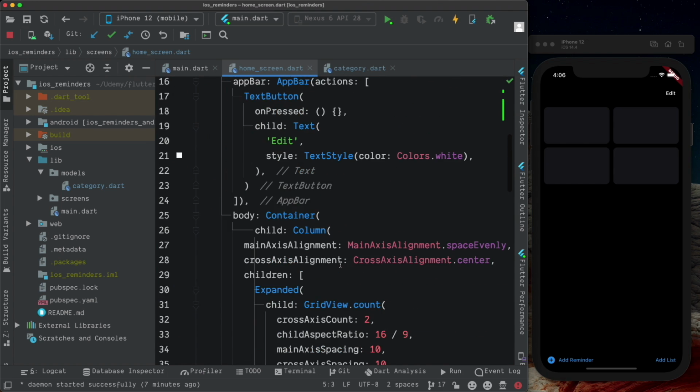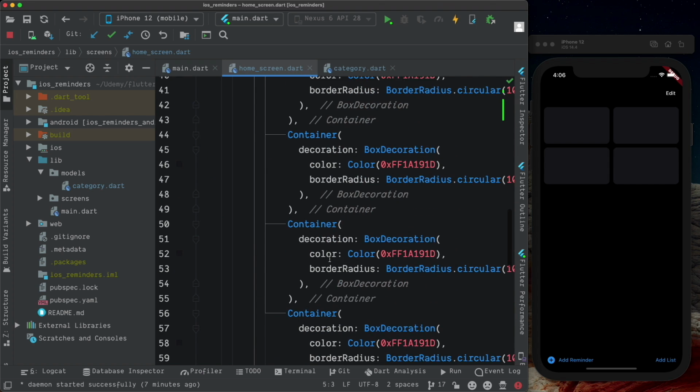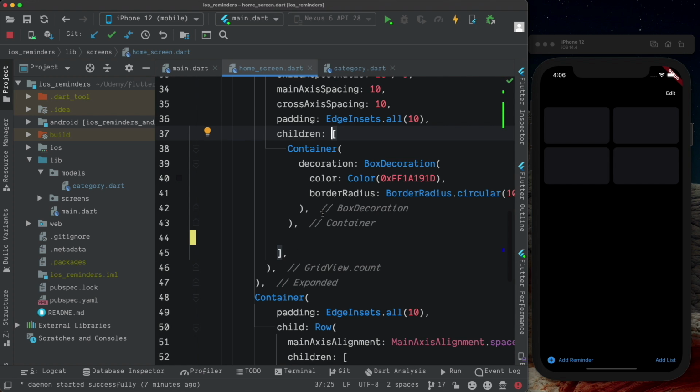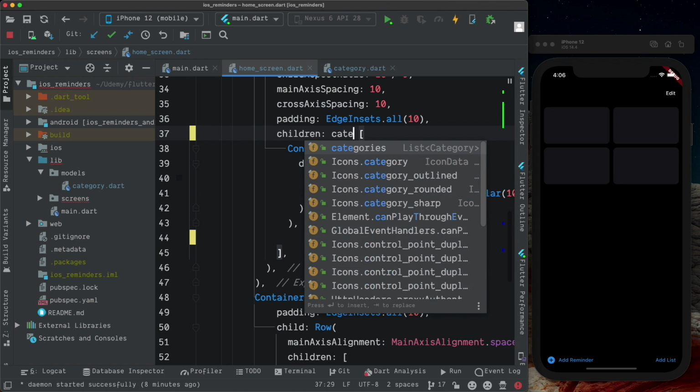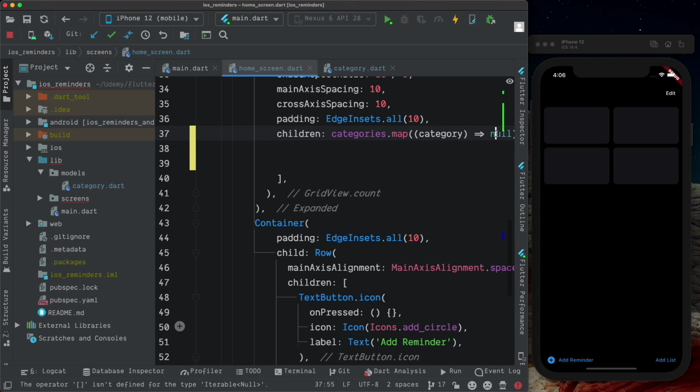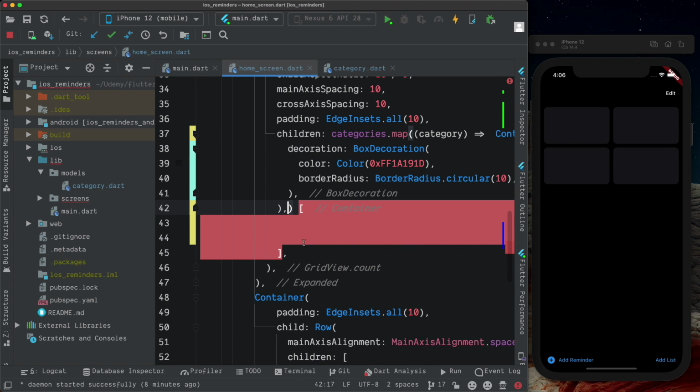Now we can come down here where we have our containers, and I'm just going to leave one container and remove the other three. Instead of duplicating the containers, we can now map over the categories and return a container. So inside the children, I'm going to say categories.map. It's going to map over each category, and then using this fat arrow function, we're going to return a container. So I'm going to copy the container and paste it in here instead of null, and get rid of these